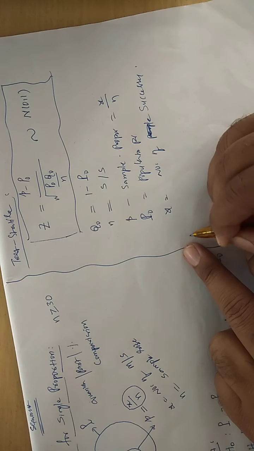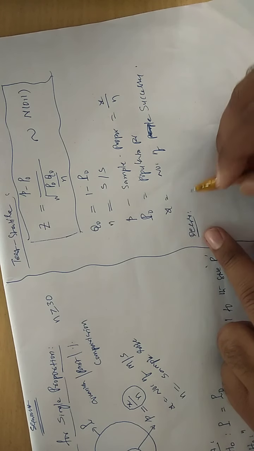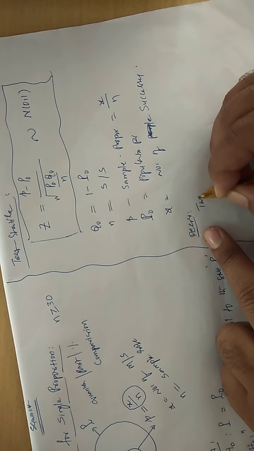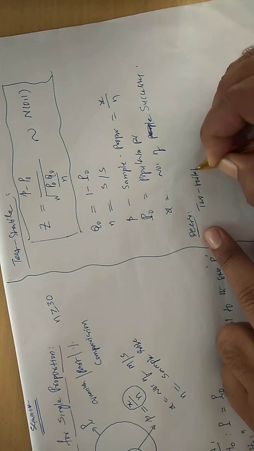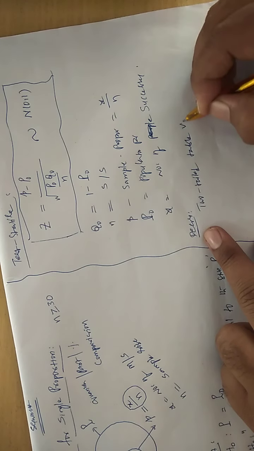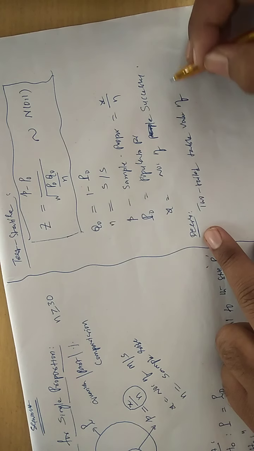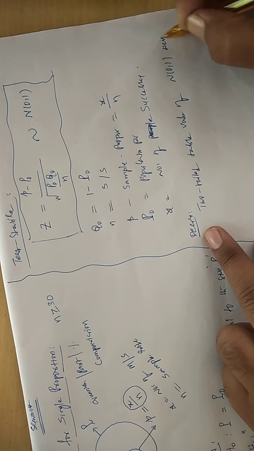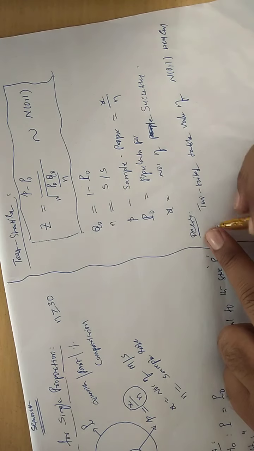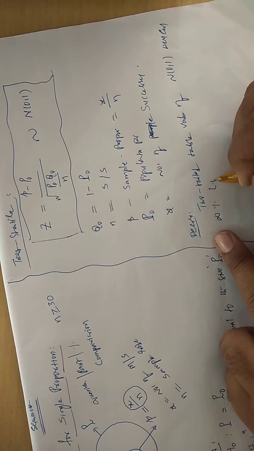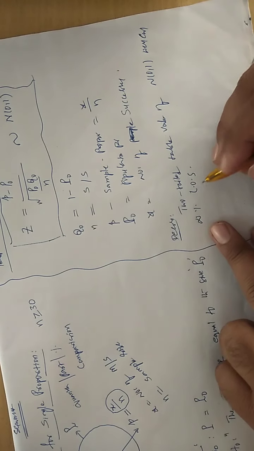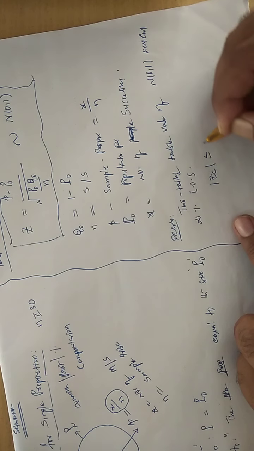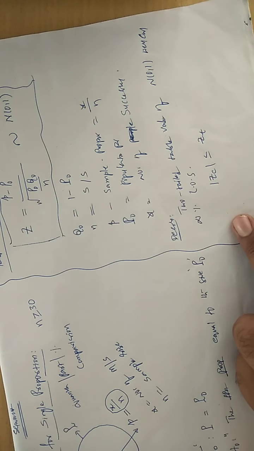Then what is the decision making? As usual, how do you take the decision? So generally for theory, you consider the two-tailed table value. The two-tailed, that will never change. The two-tailed table value of N(0,1) will be collected for any given alpha percent LOS. Okay. Then what is the decision? If modulus of ZC, where C stands for calculated value, is less than or equal to ZT, where T stands for table value,